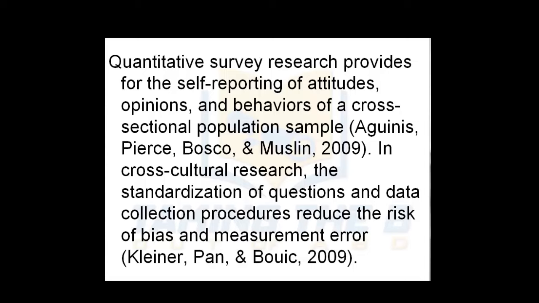Here we see a couple more authors from 2009 that you might want to consider, because they gave some information about cross-sectional population sampling. So here are some subject matter experts that we would see in quantitative work, but we wouldn't see in qualitative studies because these are not authors which are as popular in qualitative studies. She goes on to talk about other authors and provides in there, when she talks about cross-cultural research, the standardization of questions and data collecting procedures. Now, these authors give more information about that specific part of quantitative research.